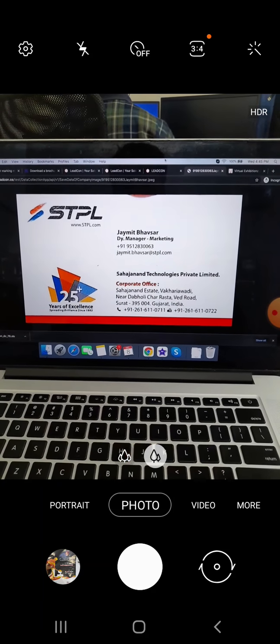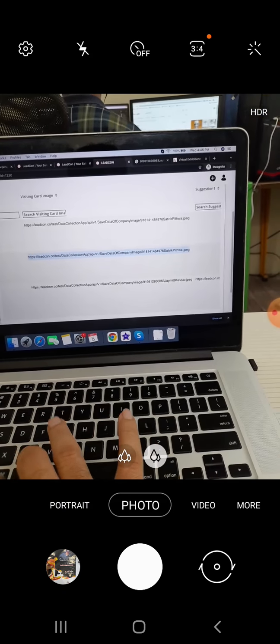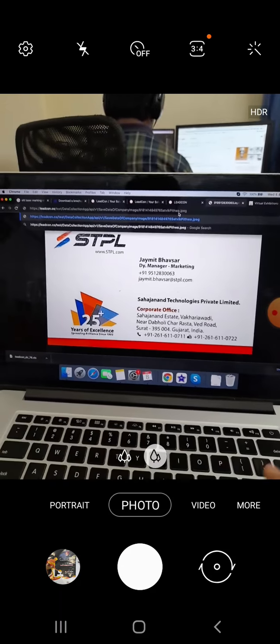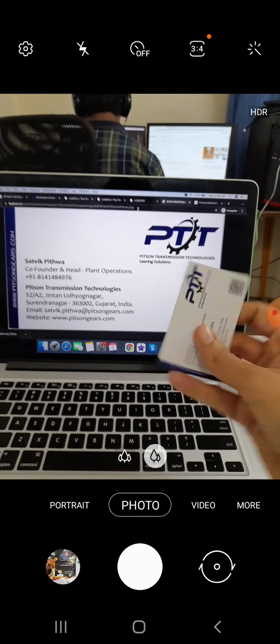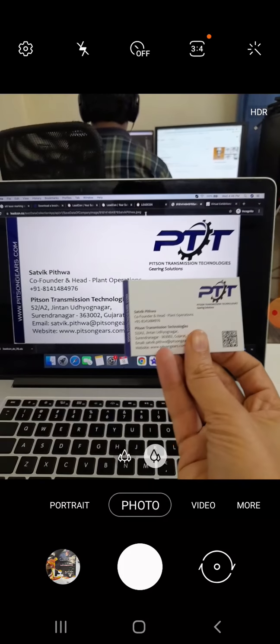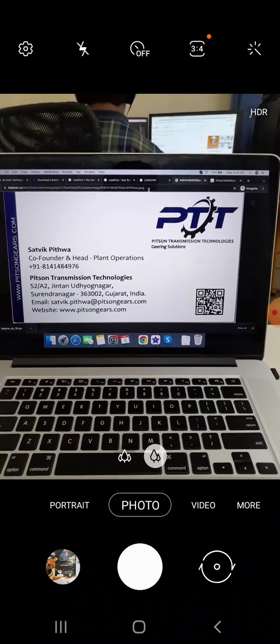This is the visiting card. In a similar fashion, if I wish to see this visiting card, yeah, can you see this? This is the same visiting card which can be seen in the background.